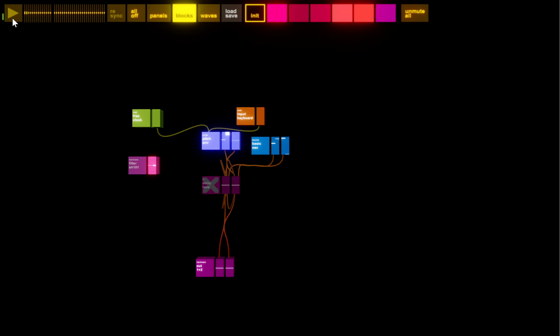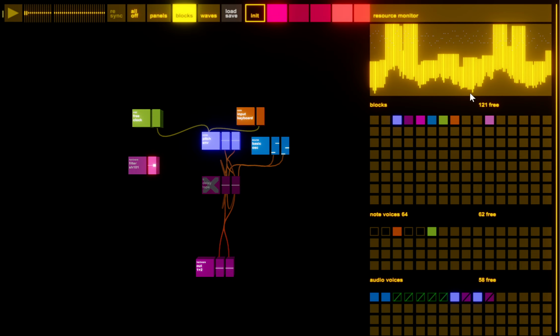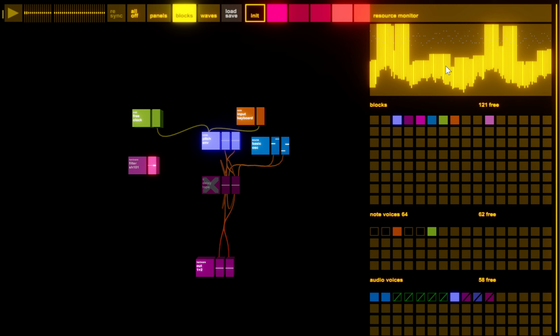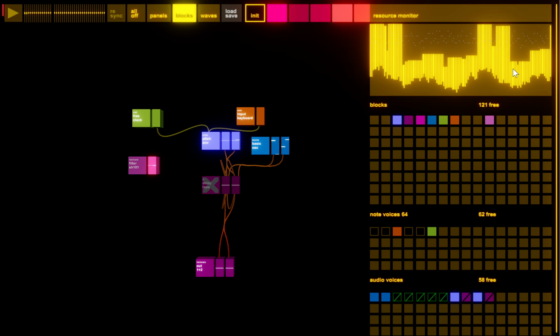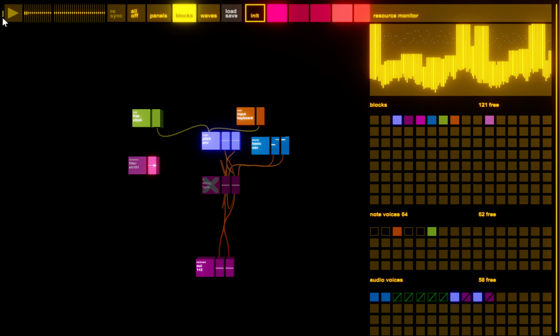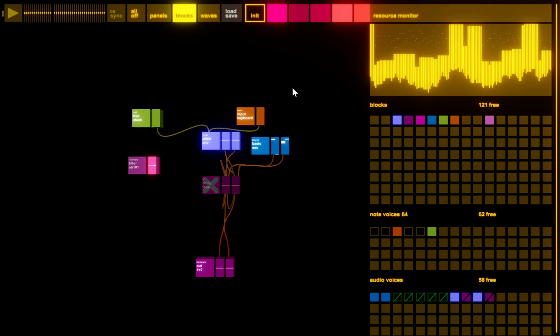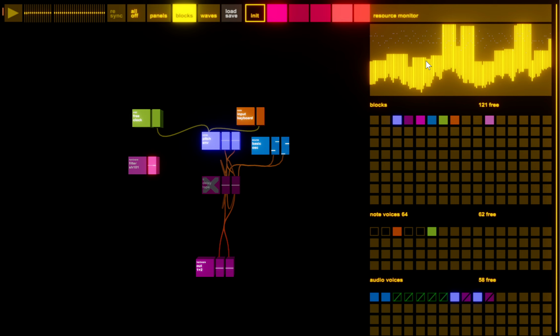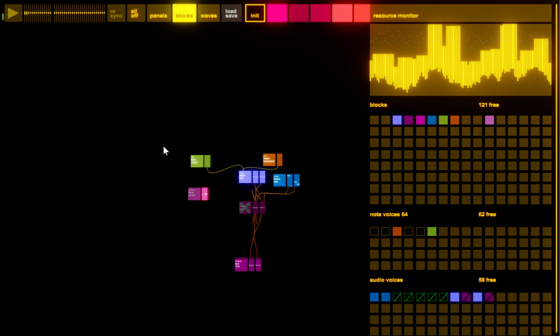Let's just whiz through the interface quickly. This is a CPU meter, which is shown very high because the sound driver of this laptop is rubbish. Don't be alarmed by that. With a real sound card, you'd expect it to be nice, low, stable values down here. And then it shows you resource utilization, but also if you're programming your own blocks, this is useful